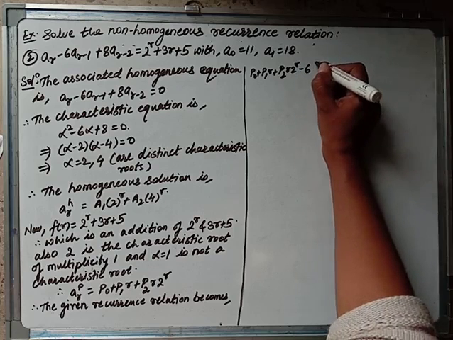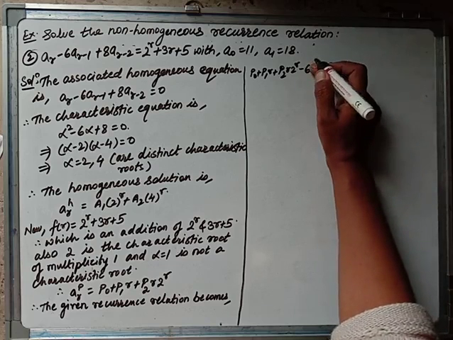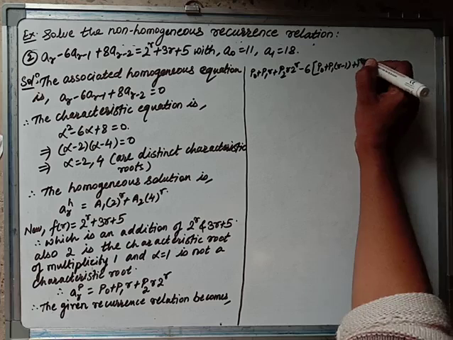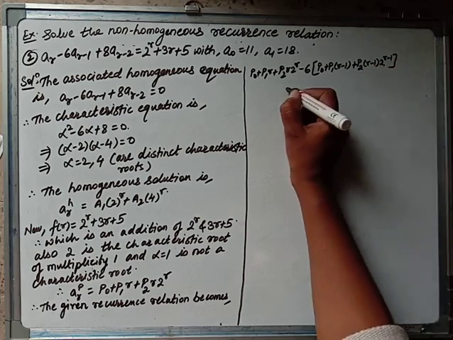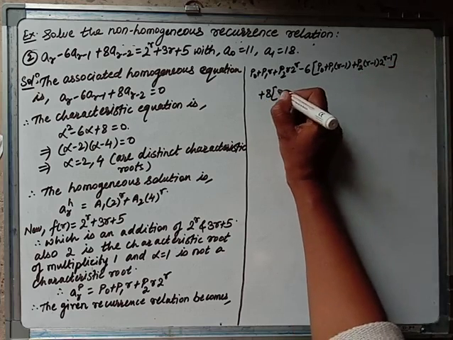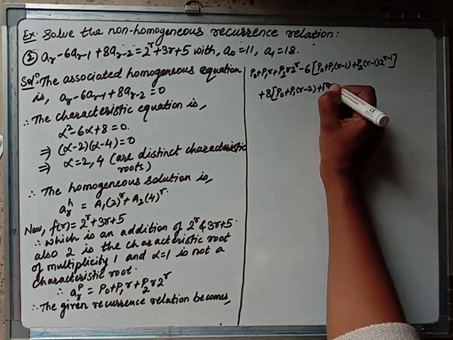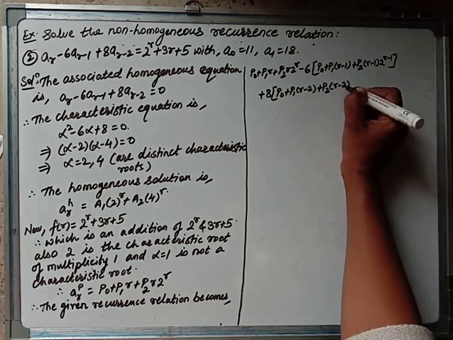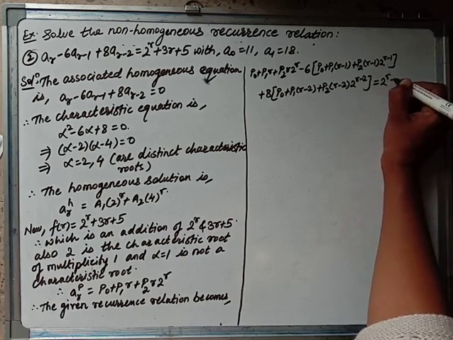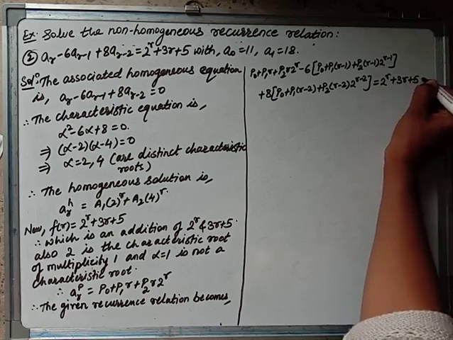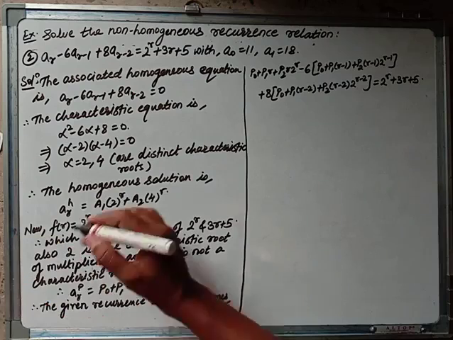Minus 6 into (P0 plus P1 into (r minus 1) plus P2 (r minus 1) into 2 raised to r minus 1) plus 8 into (P0 plus P1 (r minus 2) plus P2 into (r minus 2) into 2 raised to r minus 2), and that is equal to 2 raised to r plus 3r plus 5. Now, let us simplify it. While simplifying, we will get